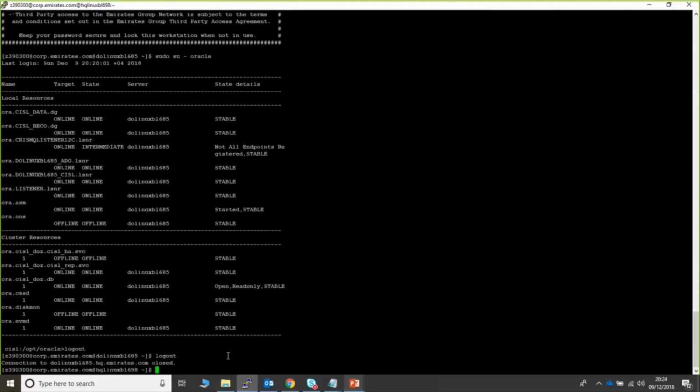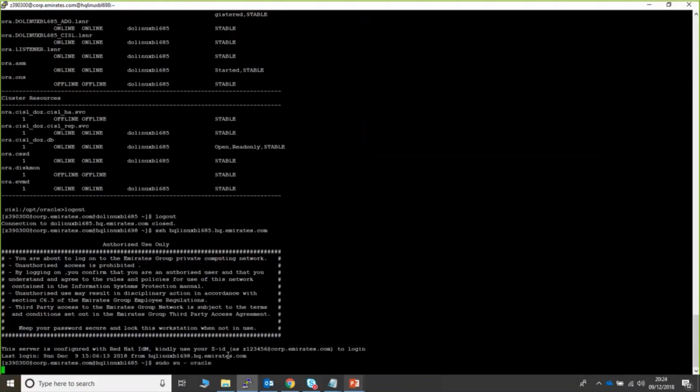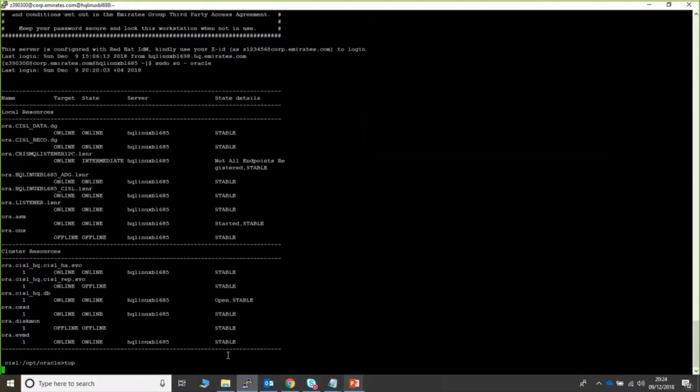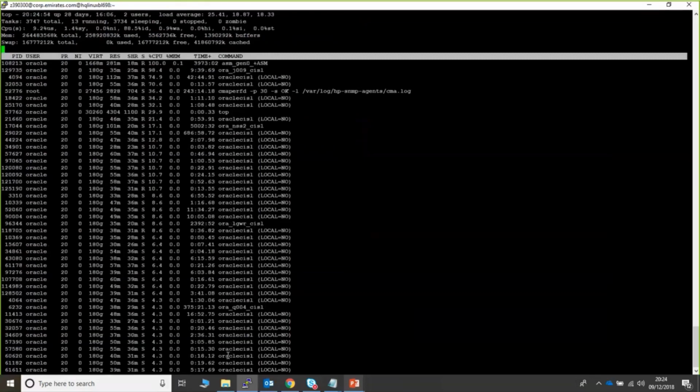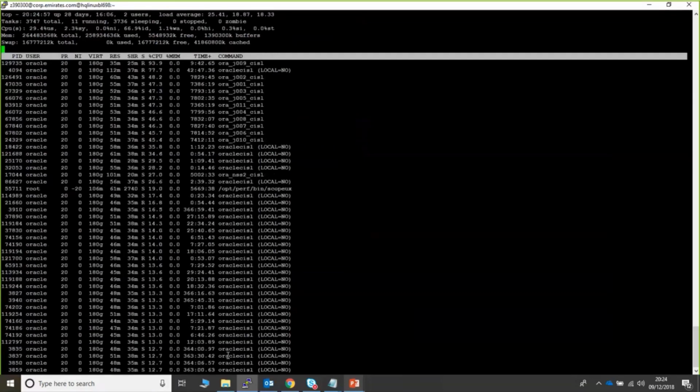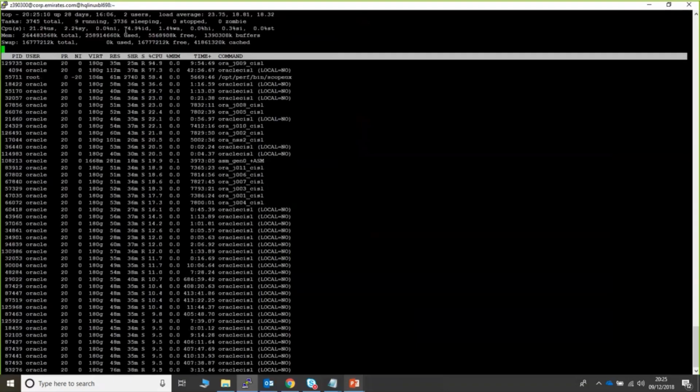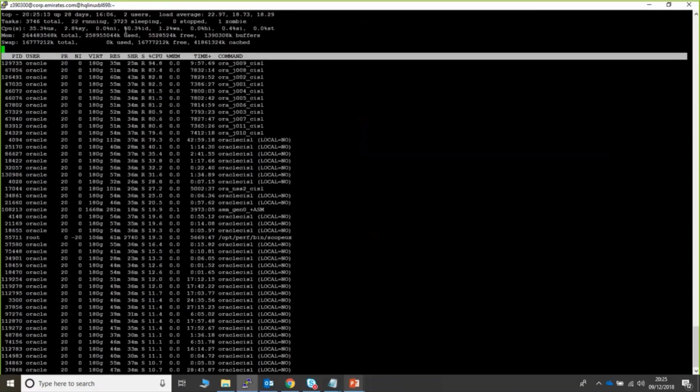This is also not good. We'll go to primary. Yeah, hope you are able to see some stats over here. This is the top command which I used. If you see, this may be very basic for some, but I'm in a position to start from the beginning, as I'm not sure of your level of understanding in performance. So please bear with me if you already know these things.